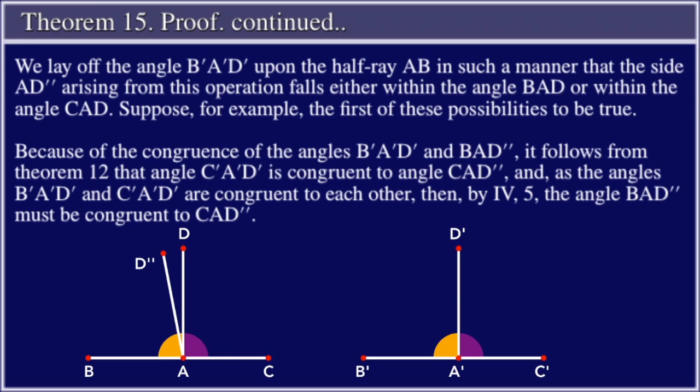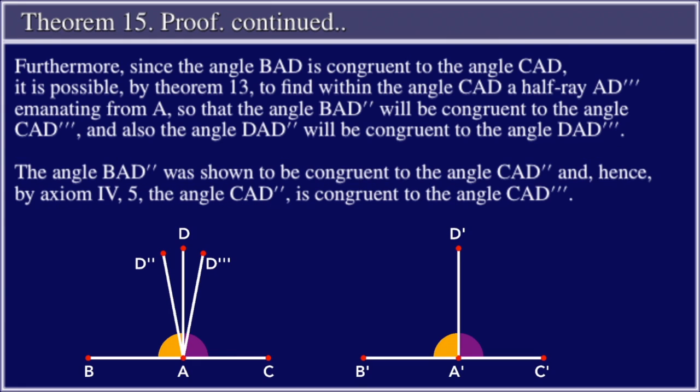We lay off the angle B'A'D' upon the half-ray AB in such a manner that the side AD' arising from this operation falls either within the angle BAD or within the angle CAD. Suppose, for example, the first of these possibilities is true. Because of the congruence of the angles B'A'D' and BAD', it follows from Theorem 12 that angle C'A'D' is congruent to the angle CAD'. And as the angles B'A'D' and C'A'D' are congruent to each other, then by axiom 4,5, the angle BAD' must be congruent to CAD'. Furthermore, since the angle BAD is congruent to the angle CAD, it is possible, by Theorem 13, to find